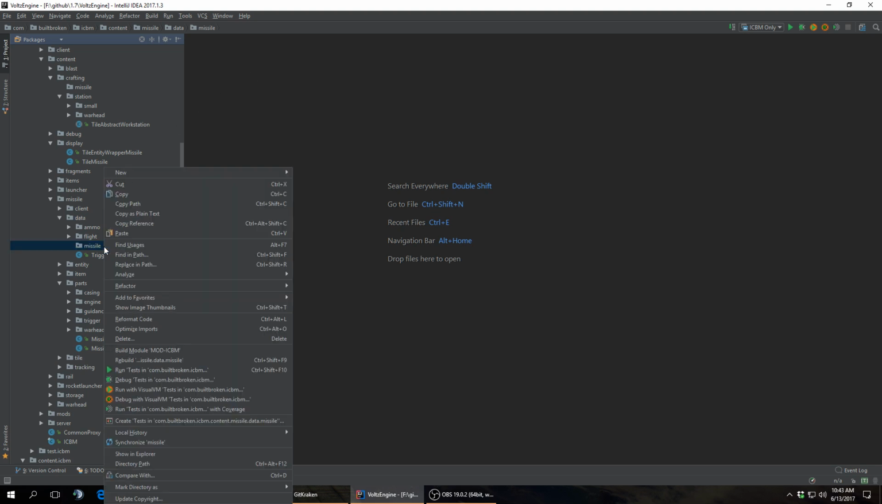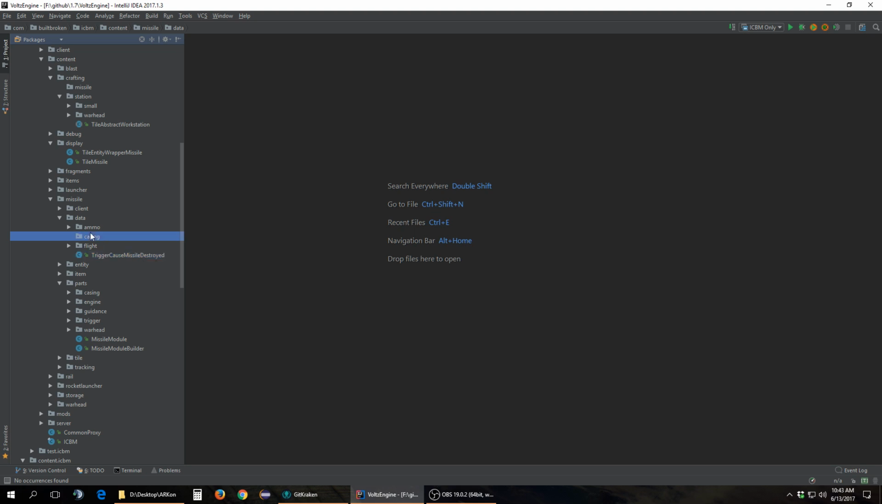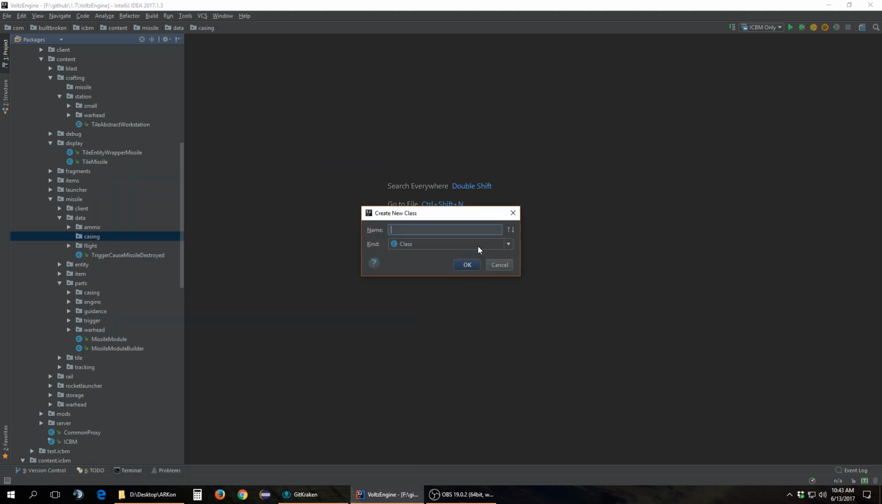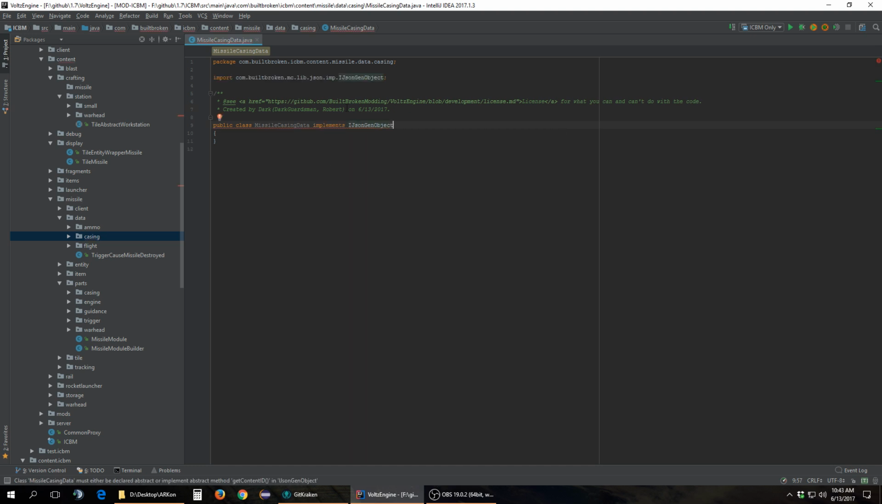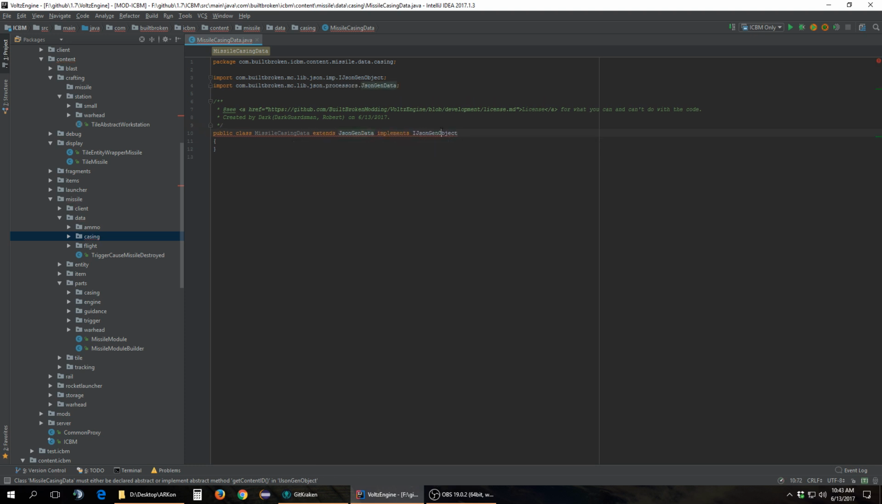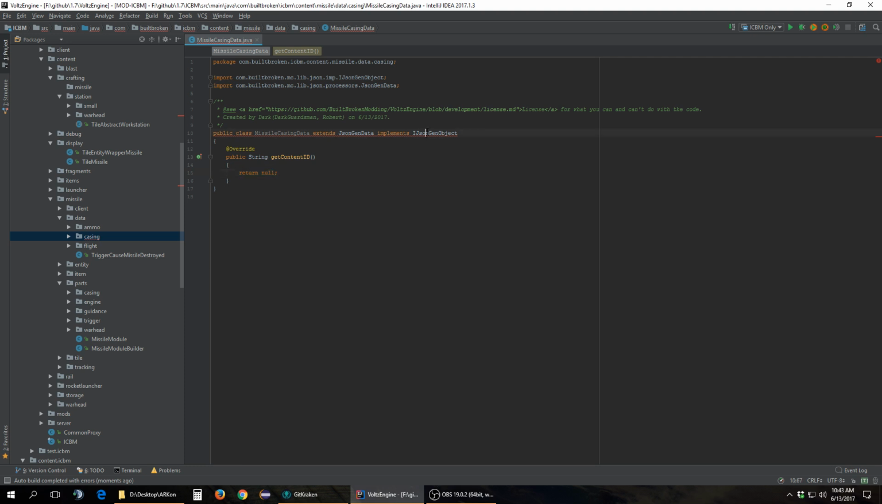Or actually, you know what? Let me refactor that and change that. It's going to be casing. And we'll make a new object called missile casing data. And then this will be our actual JSON gen object. Actually, I think I can extend something here. Extends JSON gen data. There we go. I still have to implement things though, so I can't get away from that, but you can get some of the stuff